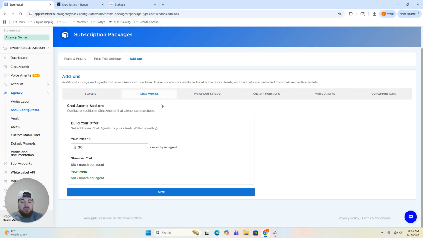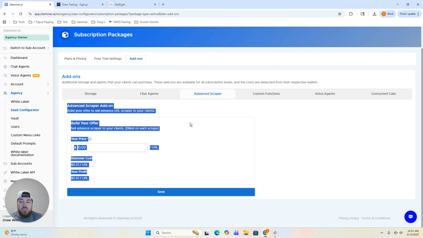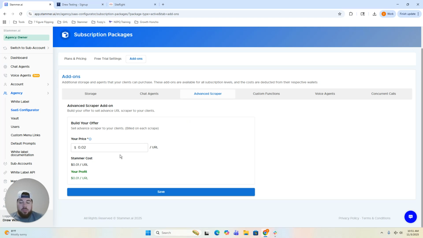Chat agents here, same exact thing. Stammer as a platform charges you an additional $10 a month per agent. You are then charging the client $20 in this example per additional agent. You profit an additional $10 a month per agent. Advanced Scraper here, same exact thing. This is priced a little differently based on the URL that are being scraped, but you can see your cost